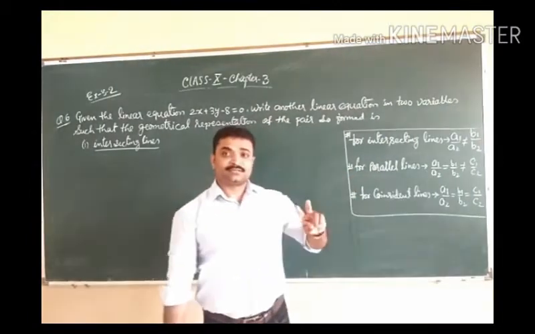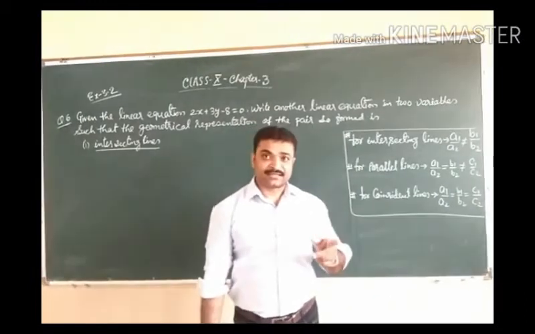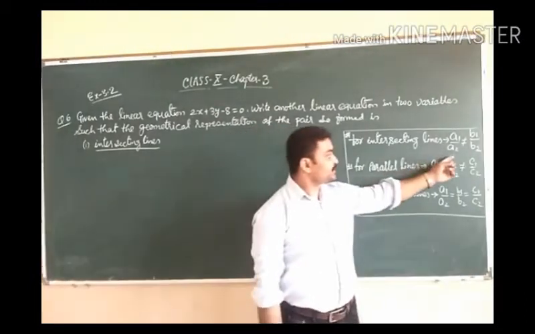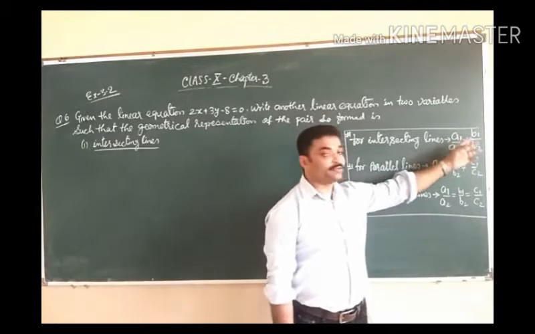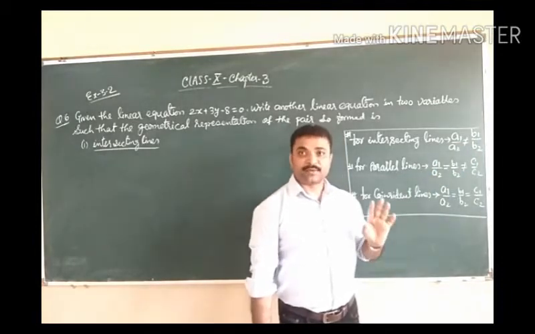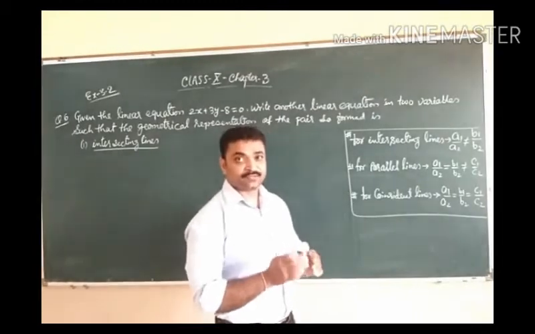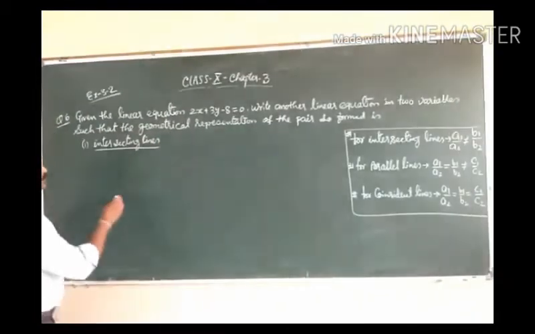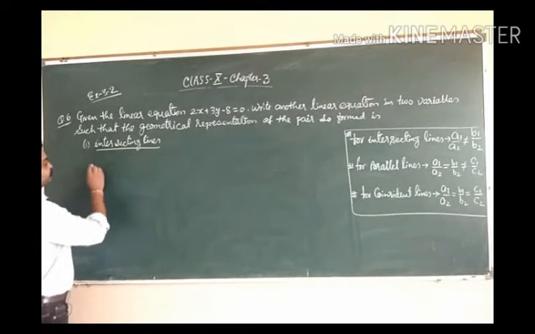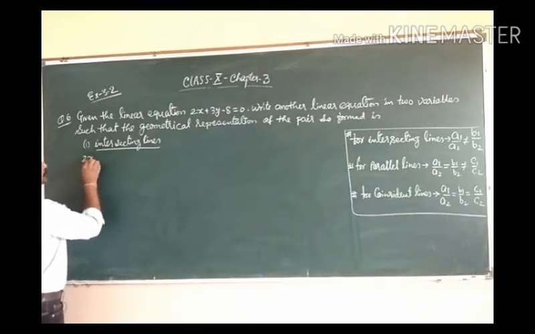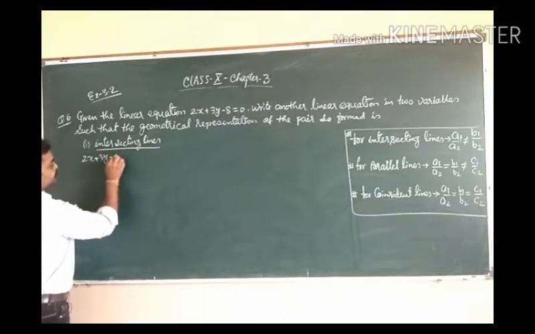If two lines are intersecting, then the condition is a1 upon a2 is not equal to b1 upon b2. By this condition, we have to take the values of a and b. Clear? So here we have given 2x plus 3y minus 8 is equal to 0,